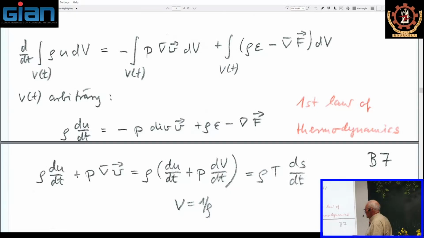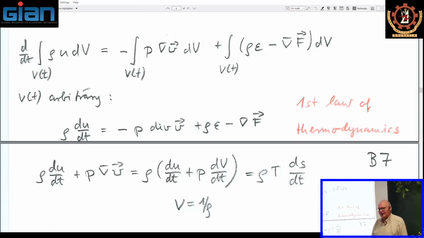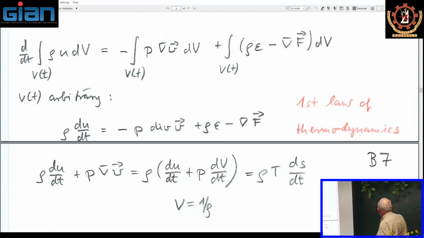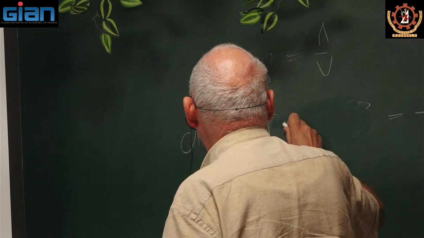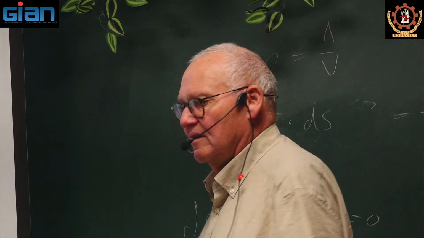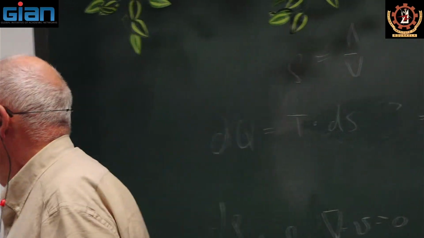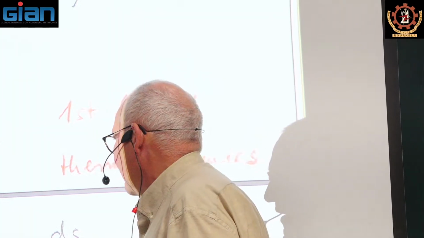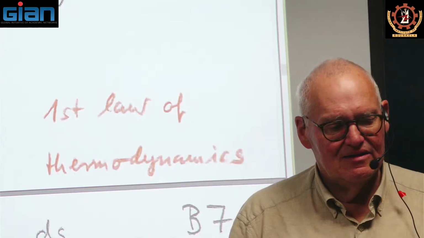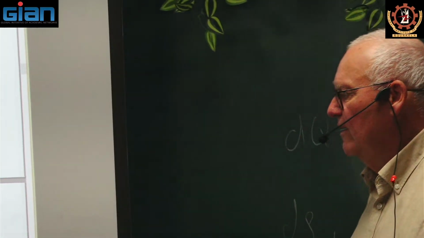Now heat, the dq, might in a thermodynamic sense be replaced by the change of the entropy. If we add in some sense the second law of thermodynamics, then the dq, the heat transferred to the system, is simply rewritten as T times the differential of the entropy. So this might be replaced by rho times T ds by dt. So this is an alternative form,